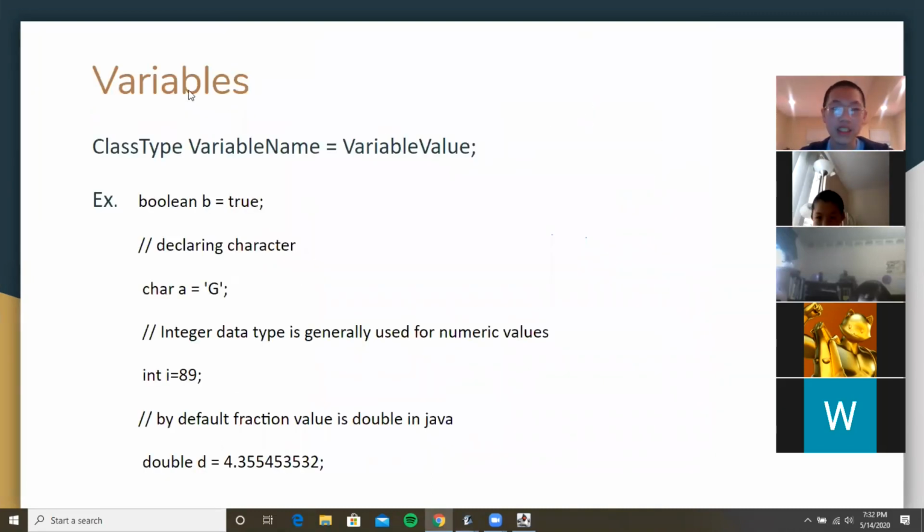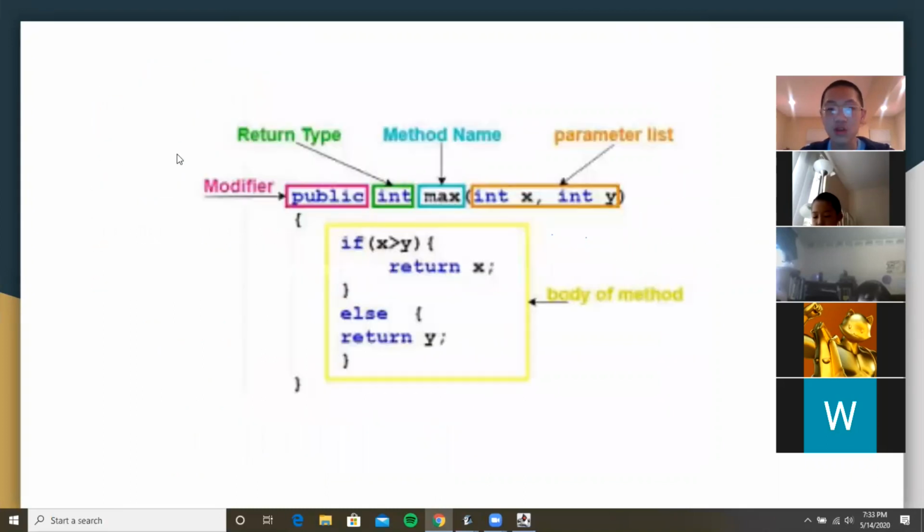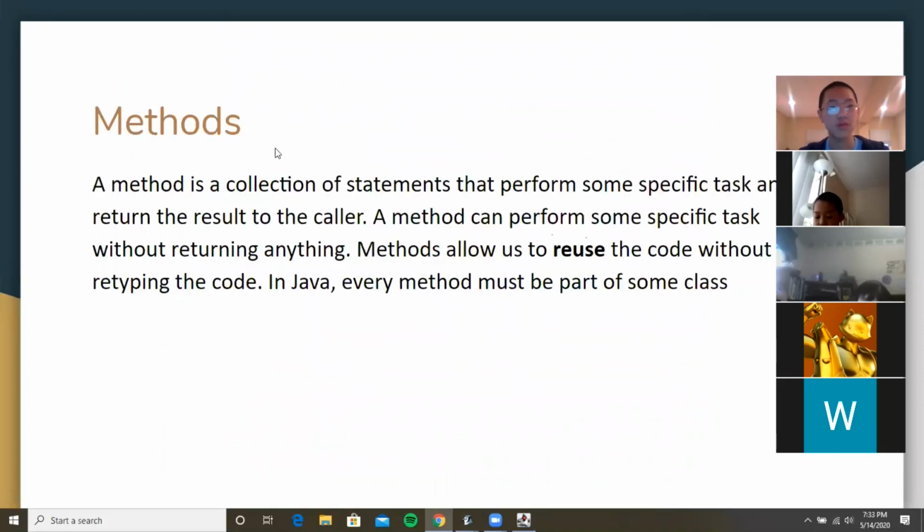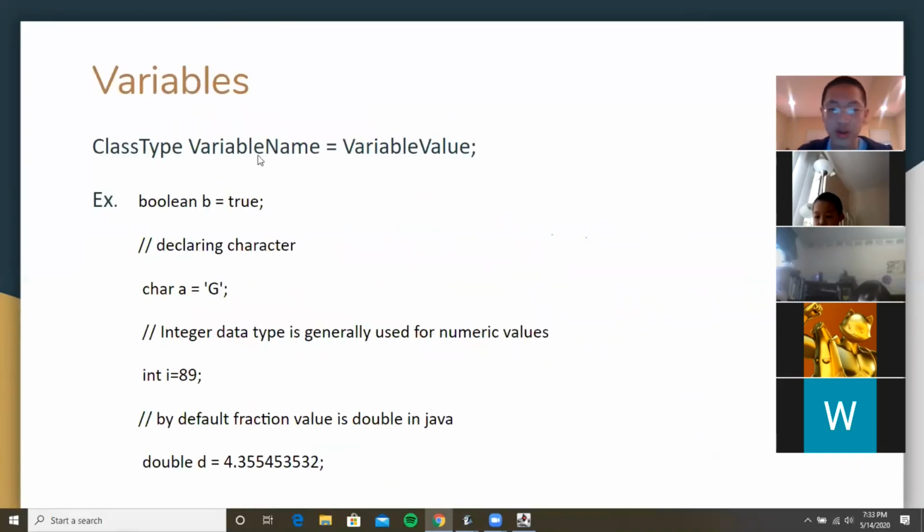So as I was saying earlier, we need a type to create a variable. In creating a variable, you need a type followed by a variable name and then set that equal to a variable value. For example, boolean is either true or false.